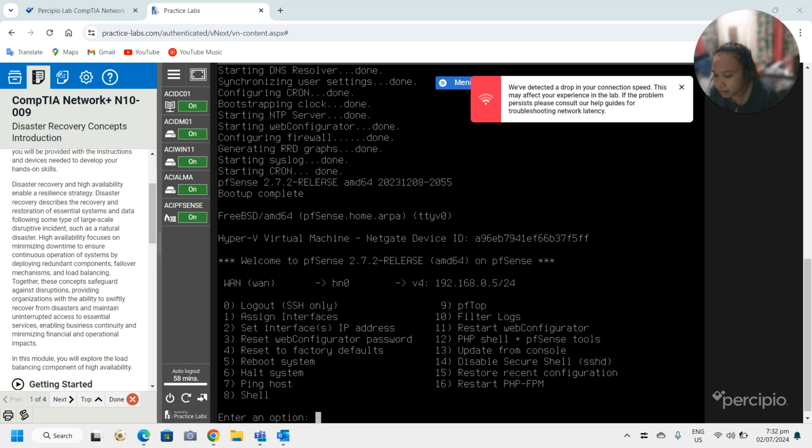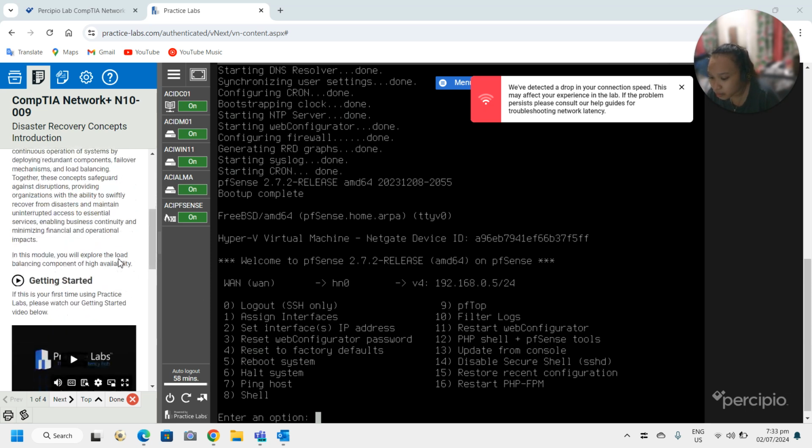High availability focuses on minimizing downtime to ensure continuous operation of systems by deploying redundant components, failover mechanisms, and load balancing. Together, these concepts safeguard against disruptions, providing organizations with the ability to swiftly recover from disasters and maintain uninterrupted access to essential services, enabling business continuity and minimizing financial and operational impacts.